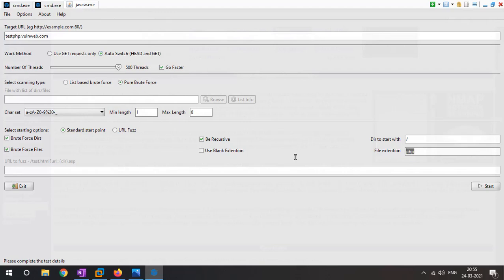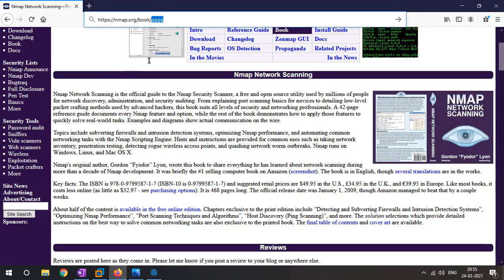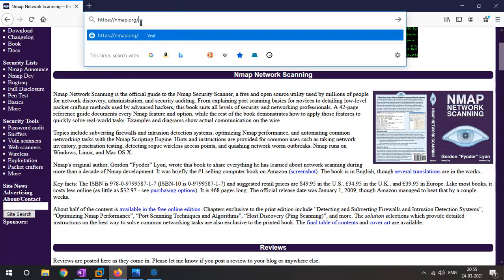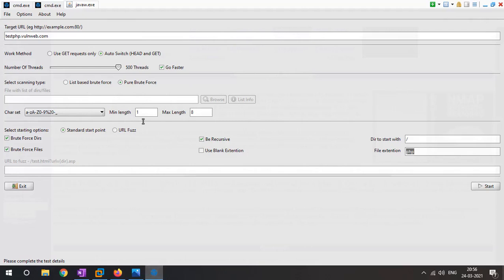Essentially what we are doing with Dirbuster is that we are setting options to discover different directories and files. Like if I have a target, again nmap.org, I want Dirbuster to try different things in here, for example AAA, BBB, and somehow it will reach a stage where it will find a working directory or file, and that file it will tell me. So that is what we are trying to do. We are just trying to find a path, a directory, a file, something like that. Okay, you can start, and